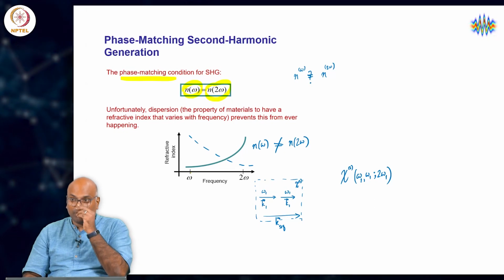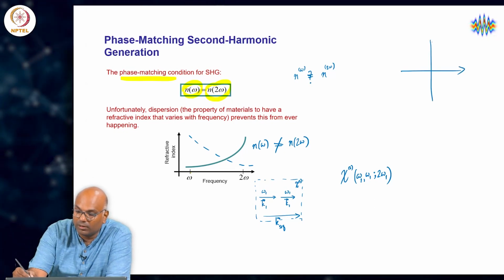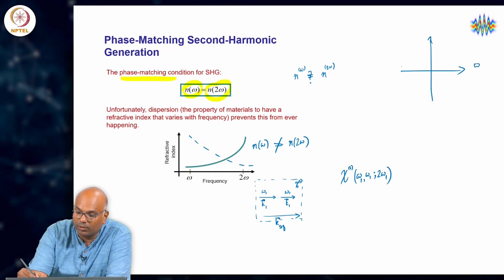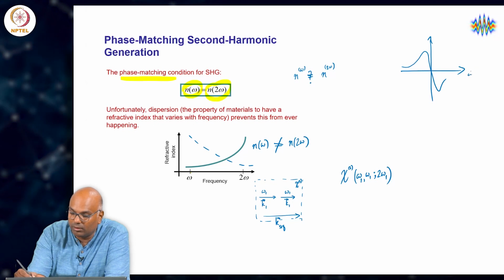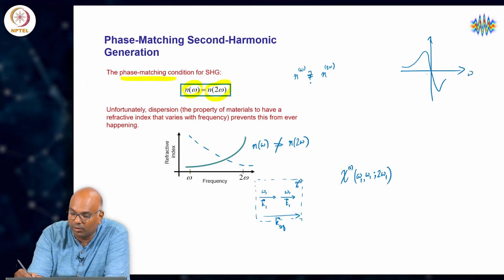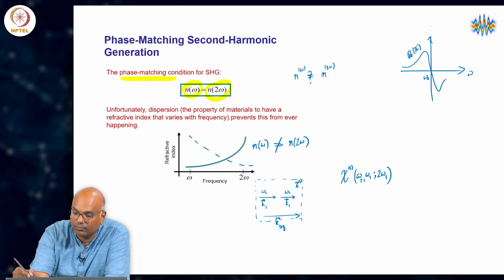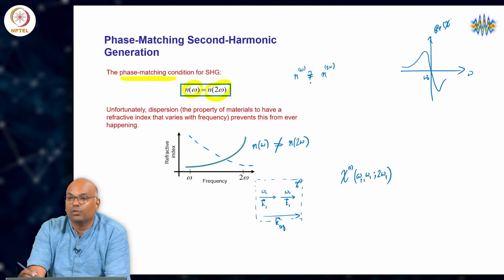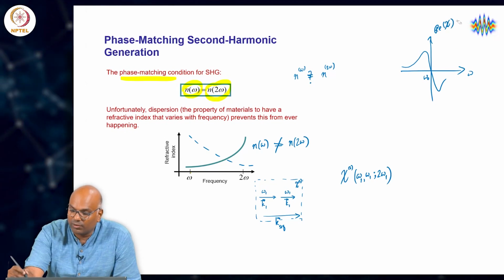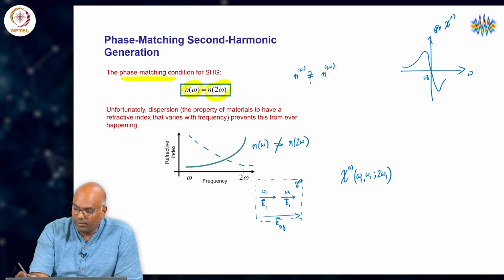Chi 1 had a dispersion which looked like that about an omega naught, right. That is the real part of chi 1. So, likewise you are going to have